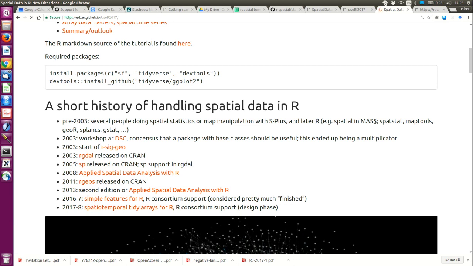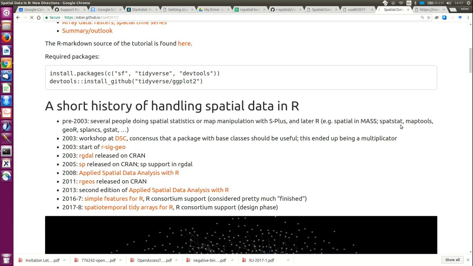Spatstat is another very, very large package developed by Adrian Baddeley, Rolf Turner, and Ege. Are you Ege? Ah, nice meeting you, Ege. And Ege Rubak, who sits there. That is a package that is slightly misnamed. It suggests spatial statistics, but it focuses on point patterns. Point patterns is a massive chapter in spatial statistics, and this is a huge package which has like 100 contributors or something like that. Anything you want to do with